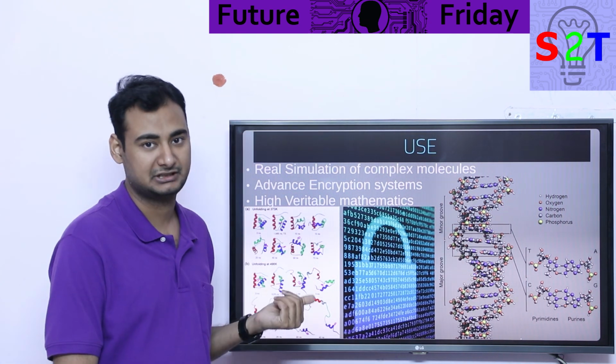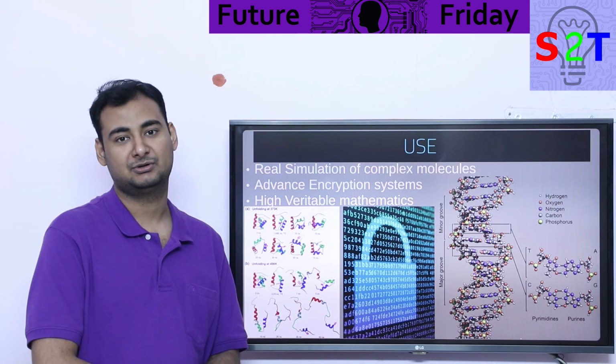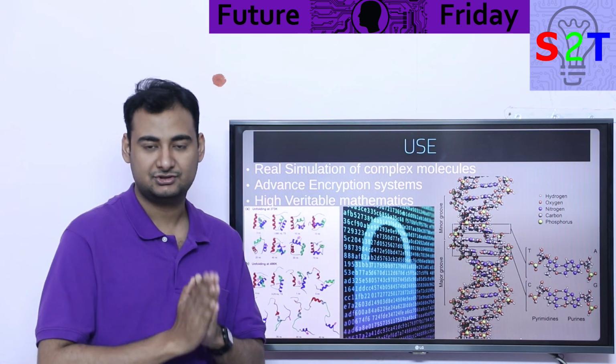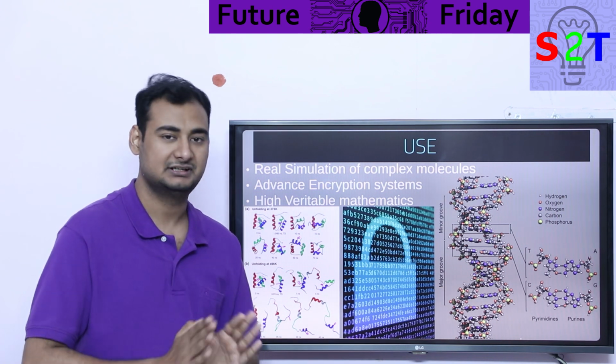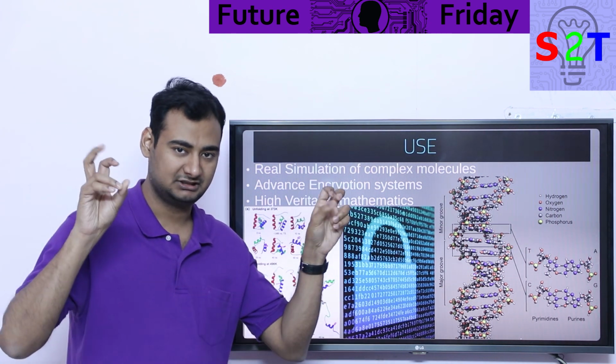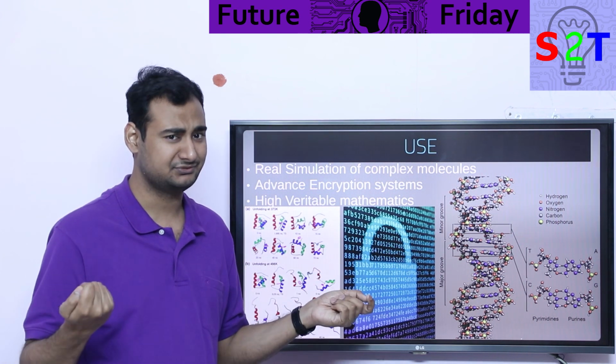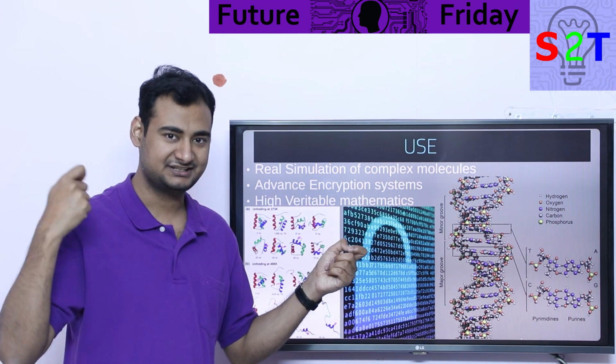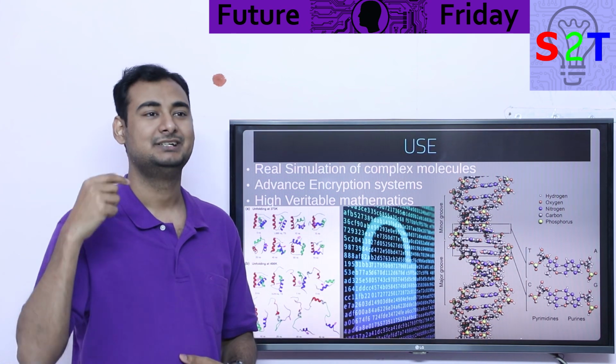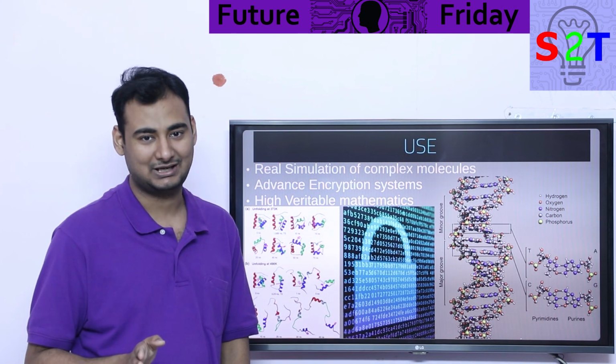Then we come to advanced encryption systems. One thing you have to understand about encryption is that all it is going to do is delay the hacker. That's all it's going to do. There is no unbreakable encryption, if physics does not allow that, because you have to have the ability to break it, otherwise you cannot use it. So with a key and all that, there is a small probability that you guess the key in order to unlock it. Physics does not allow you to avoid that.